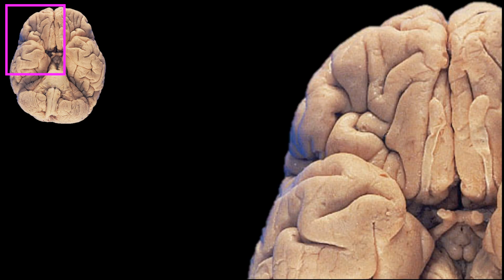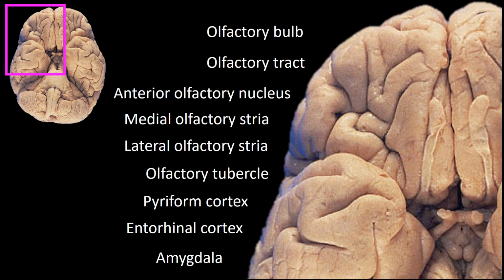This photo corresponds to the inferior view of the brain. I will now enlarge the area inside the rectangle, as you can see here. I have now listed some of the structures you can visualize: the olfactory bulb, the olfactory tract, the usual location of the anterior olfactory nucleus, the medial olfactory stria, the lateral olfactory stria,